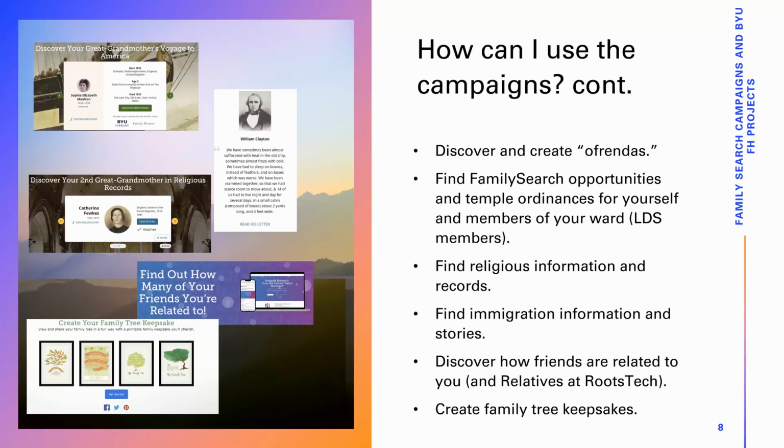You can find immigration information, which is really neat because, like this one here from William Clayton, it has a link to that whole letter, which is about his voyage from England to the United States. So it's really fun to see those kinds of memories. There's a section where you can send links to your friends, and then you can find out how you're related to each other. And also, if you're going to go to RootsTech, which I hope you all are, you can do Relatives at RootsTech,